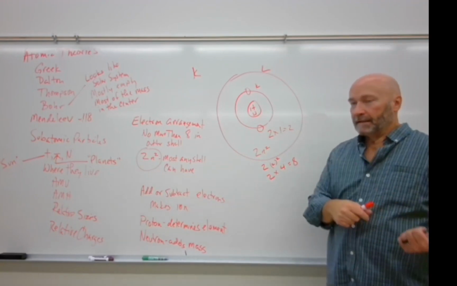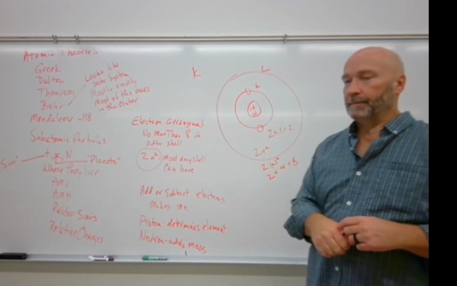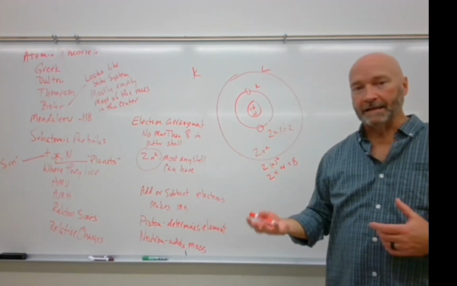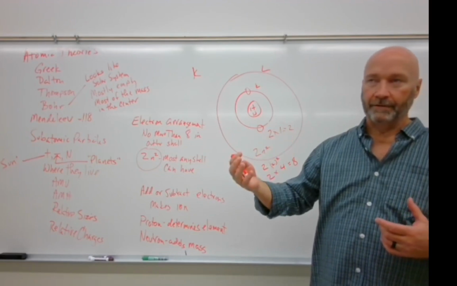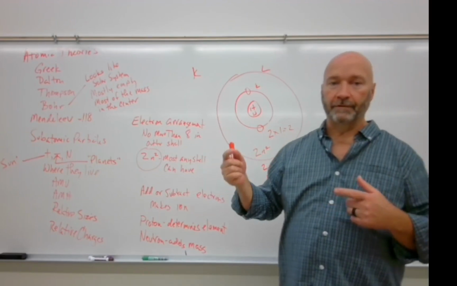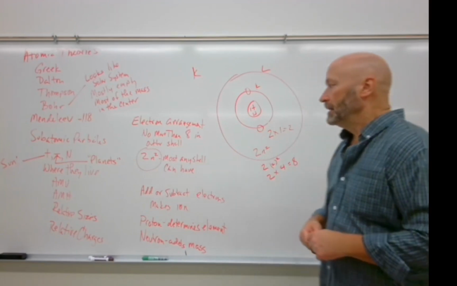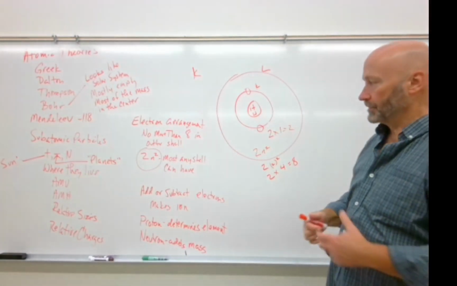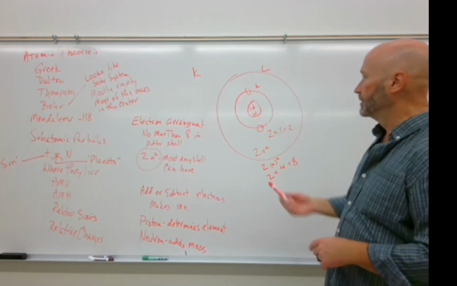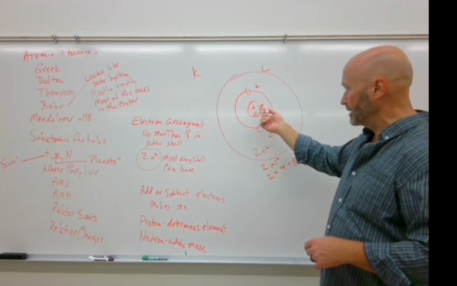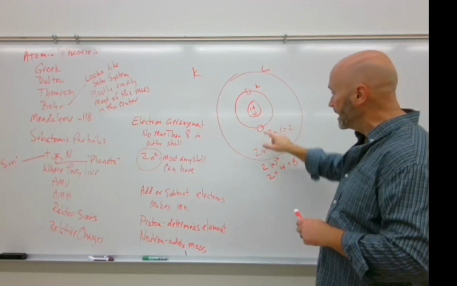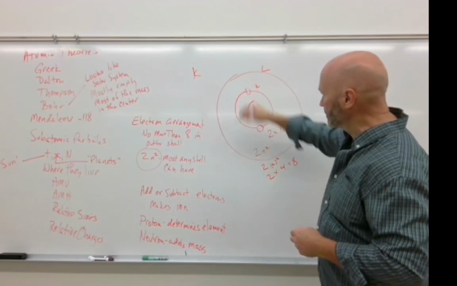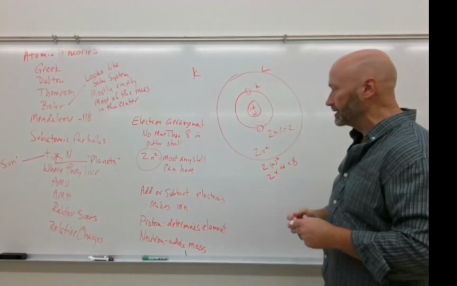If you remember back in the last chapter, we talked about acceleration of gravity, gravity being the effects of mass, or the weight being the effects of gravitational pull on a mass. So even though these have very little mass, they do have mass. So there's going to be a gravitational effect here. The protons are positively charged, the electrons are negatively charged. Opposites attract. The electrons are going to be flying around the nucleus.